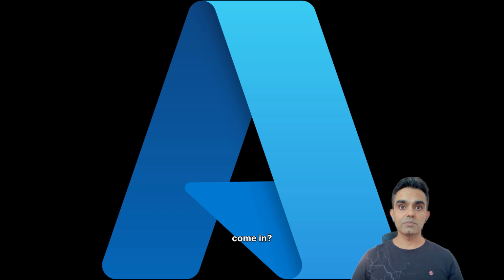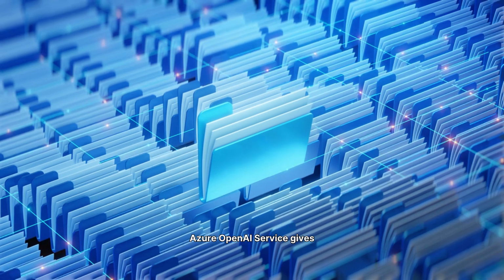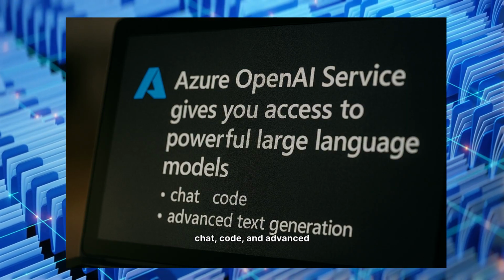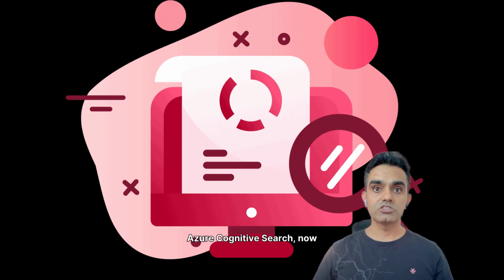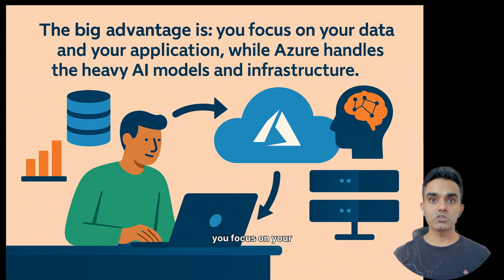So where does Azure come in? Azure provides several services that make it easy to add NLP to your applications. Azure AI Language is for text analytics, sentiment analysis, key phrase extraction, named entity recognition, and summarization. Azure OpenAI Service gives you access to powerful large language models for chat, code, and advanced text generation. Azure Cognitive Search, now known as Azure AI Search, lets you build search experiences that understand text and can be combined with NLP. The big advantage is you focus on your data and your application, while Azure handles the heavy